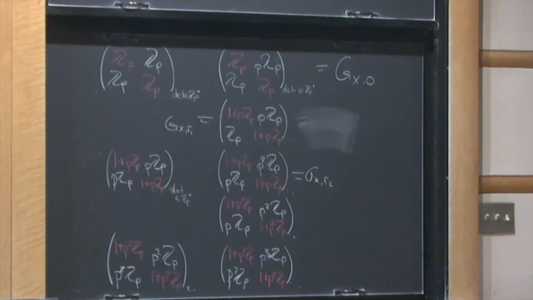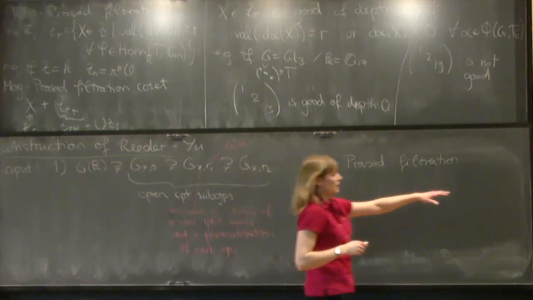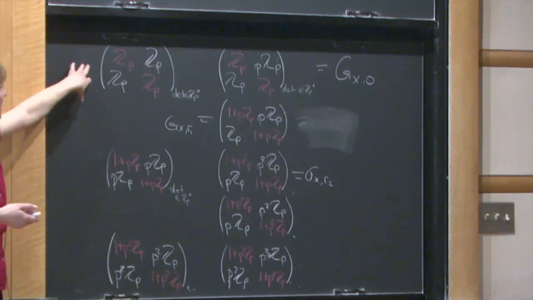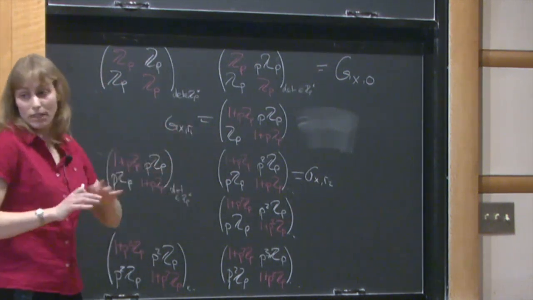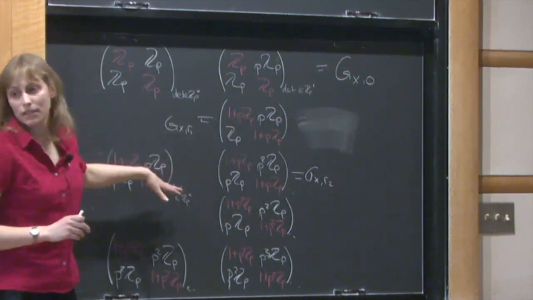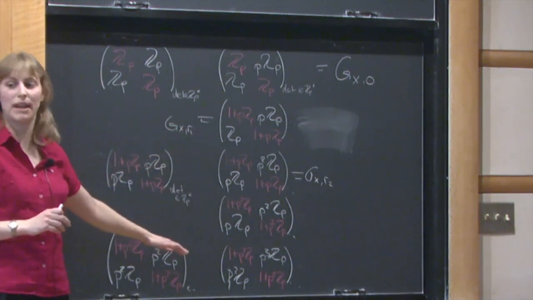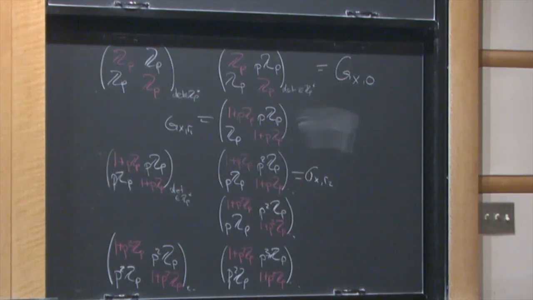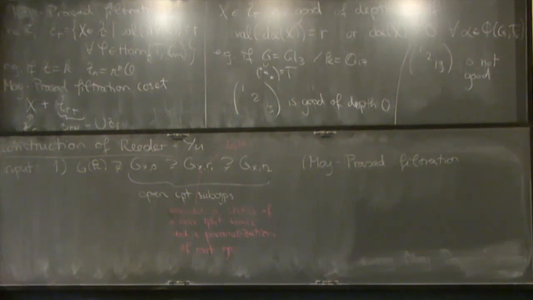Yes? For X, do you really need a point of the building or just a simplex of the building? For this GX0, a simplex suffices. So the building is a simplicial complex. Depending on what point you choose, what changes is the next filtration step. So the filtration actually depends on the actual point in the building. You can even describe the building using these filtrations in some way. And also, the building does not really see the center of the group. So that's why there are different ways to approach it.